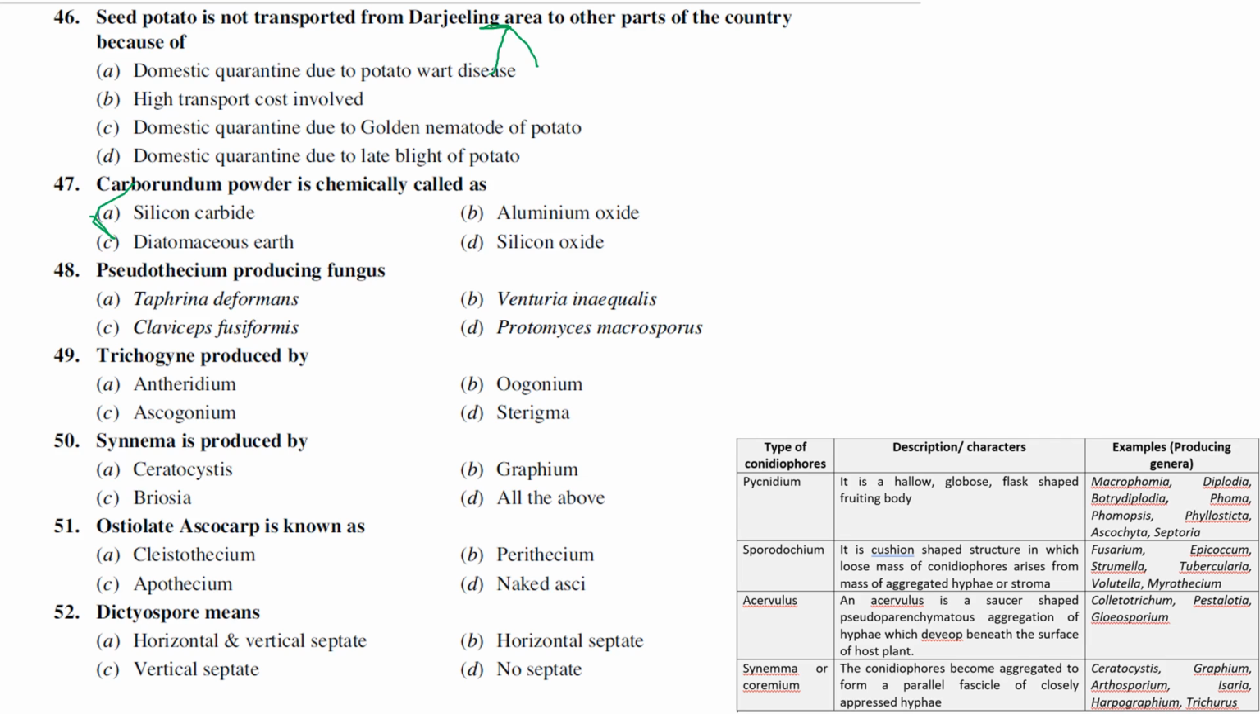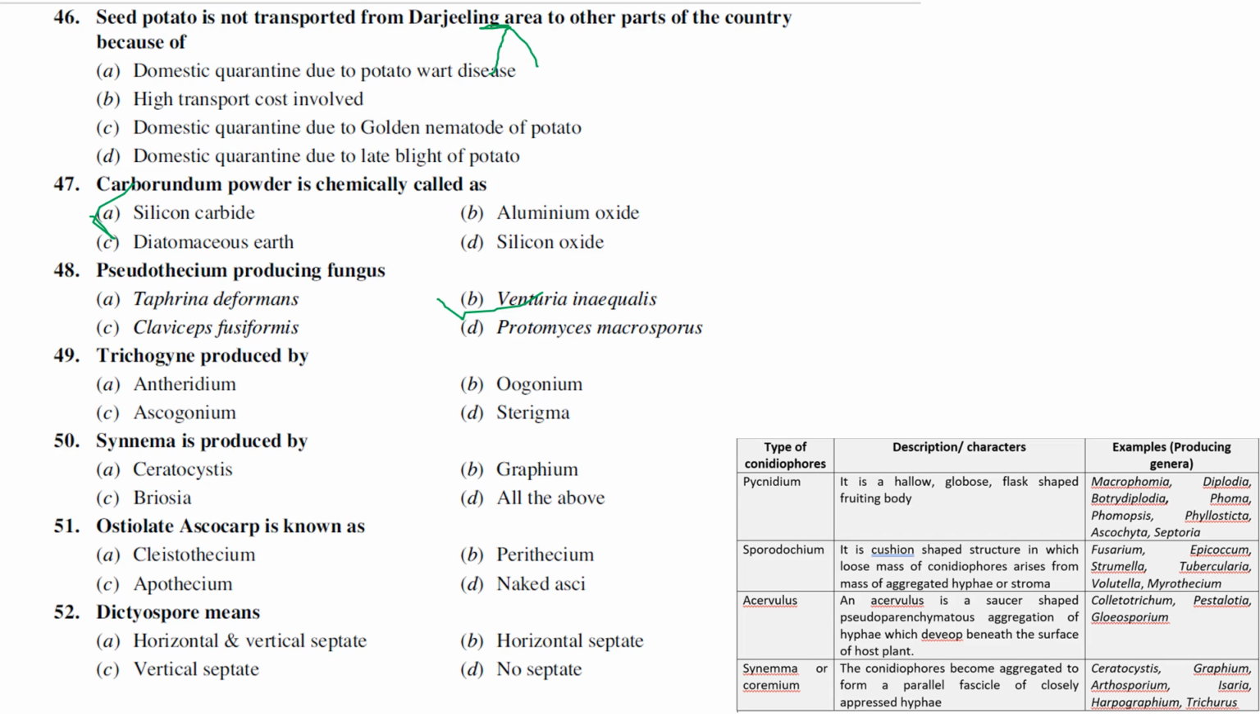Pseudothecium producing fungi: Taphrina deformans, Venturia inaequalis, Claviceps fusiformis, and Protomyces macrosporus. Generally, the Venturia pathogen produces pseudothecium, which can survive on the leaf. The general leaf wetness period is around 8 to 10 hours for apple scab, exactly 9 hours if I want to tell exactly. This pseudothecium is actually produced by Venturia inaequalis. Taphrina deformans is naked, and Claviceps generally produces